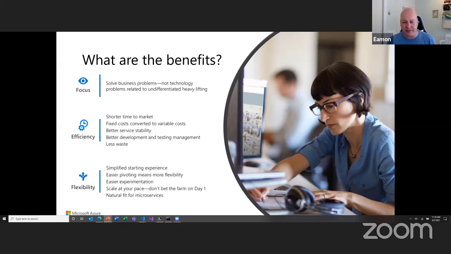And then one of the last things is flexibility. This, again, is because we've tried to simplify the programming model. It allows you to get started very quickly. You really just have to write that business code to process messages and hand those off to the next downstream service. So it allows you to have this microservice architecture where you're only focused on specific tasks, using Azure Functions as your serverless layer.